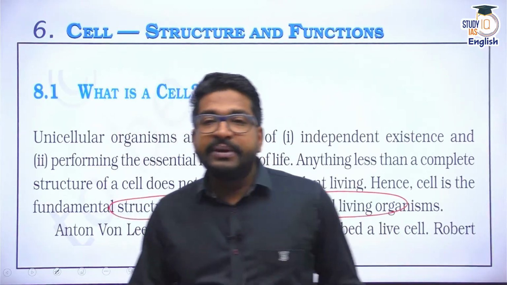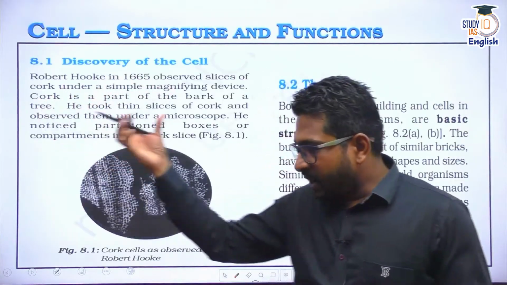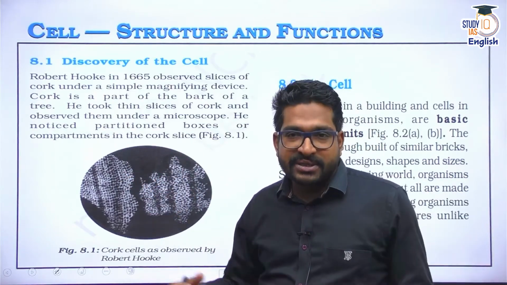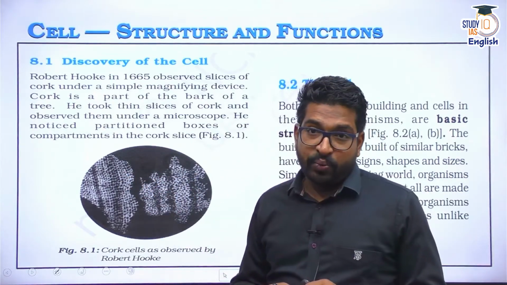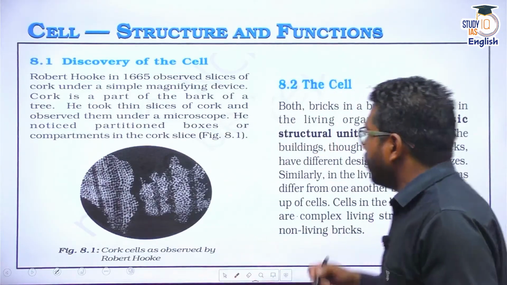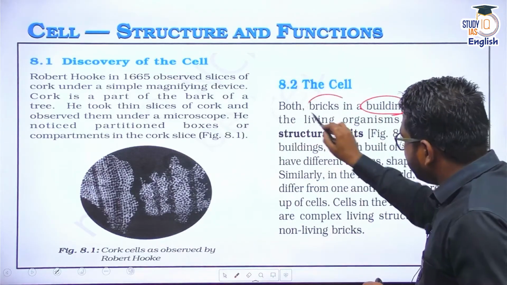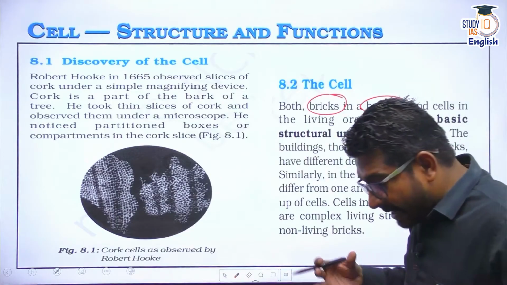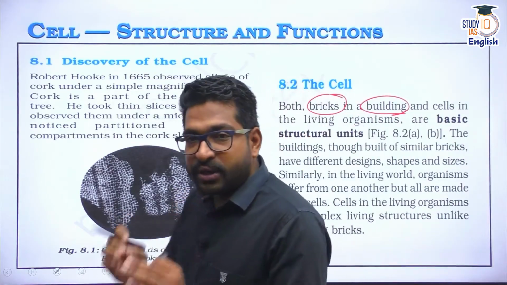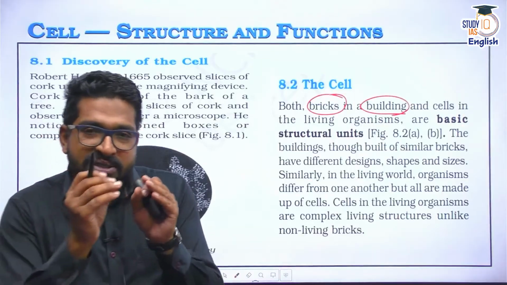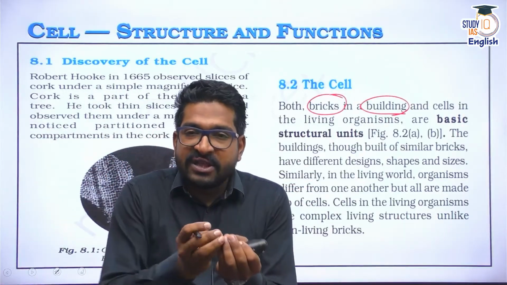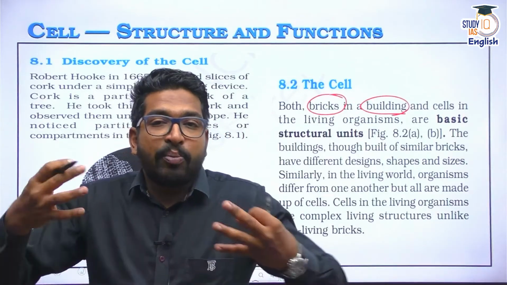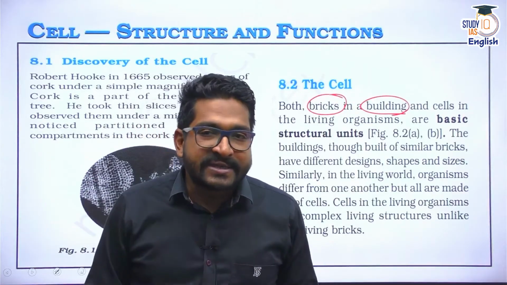Now, just like we build any building, see, right now I am in a studio which was constructed using bricks, cement, water, etc. You know. So very similar to how a building is made up of different bricks, our body is made up of different cells. They are arranged in some set or in some manner. The cells, when they are organized in certain way, they become your tissues. Tissues are organized in certain way, they become your organs, and your body is composed of this organ system.